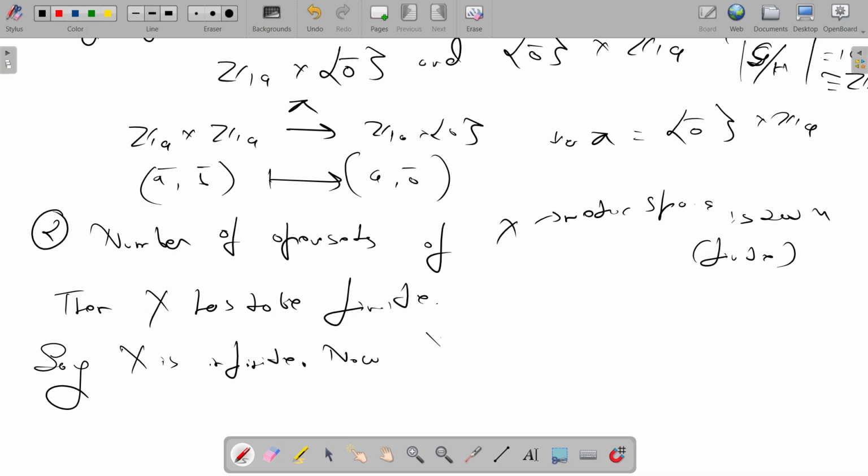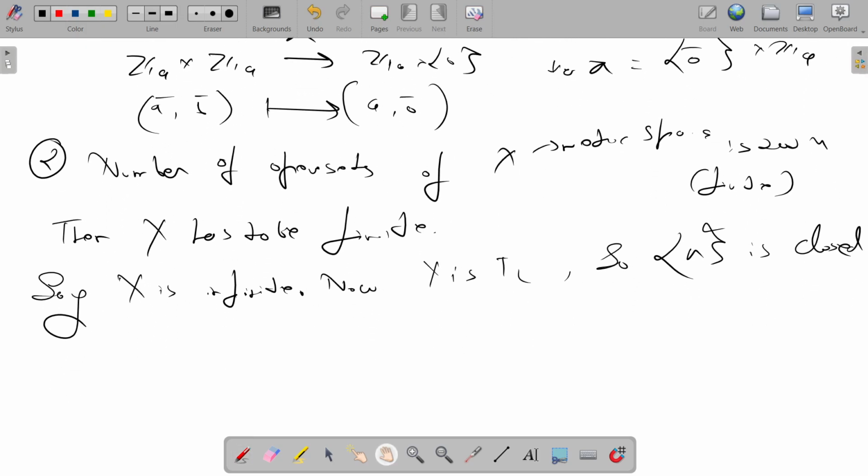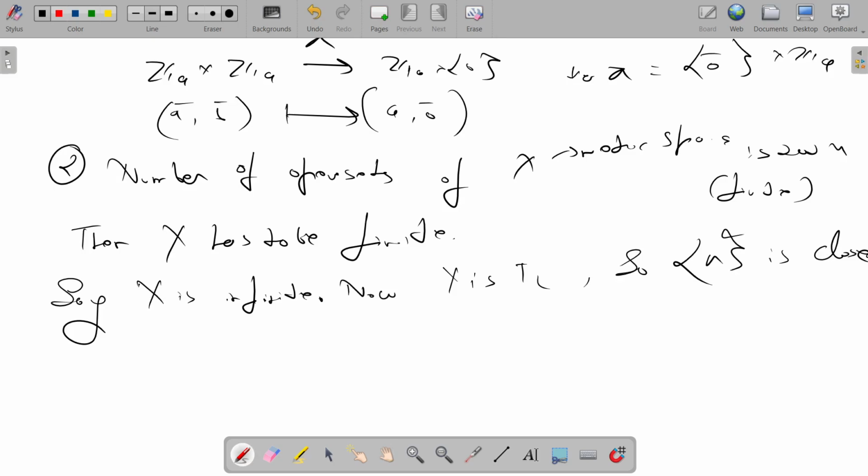Now since X is a metric space, it's T2, so it's T1. So a singleton {x} is closed, which means its complement, X minus {x}, is open. If X is infinite, we can take infinitely many points, and for each x, X minus {x} will be open. So basically,